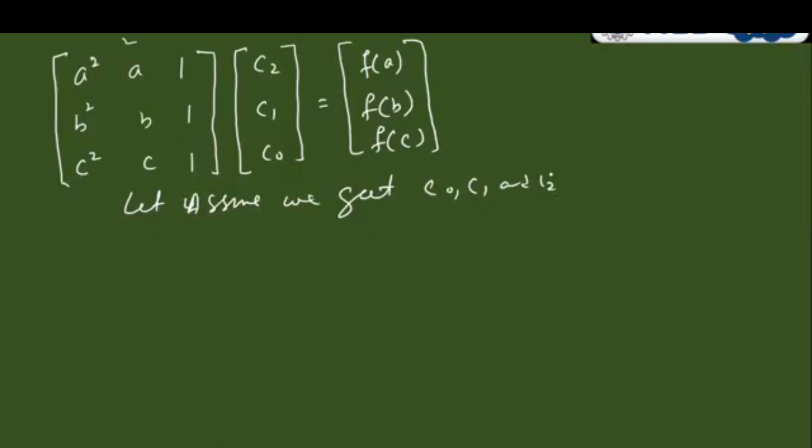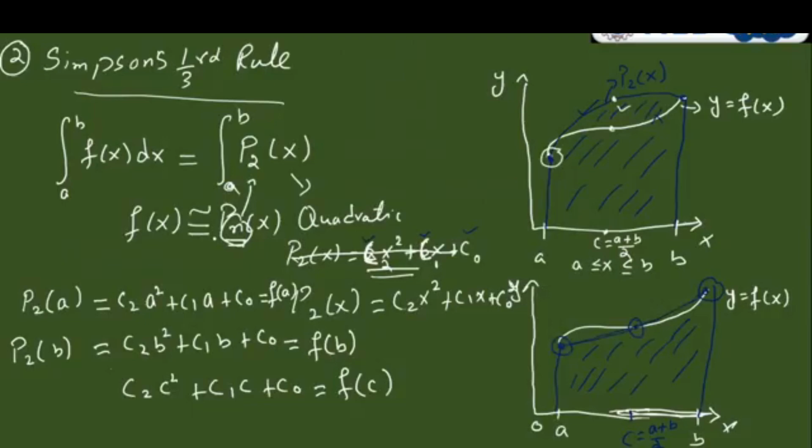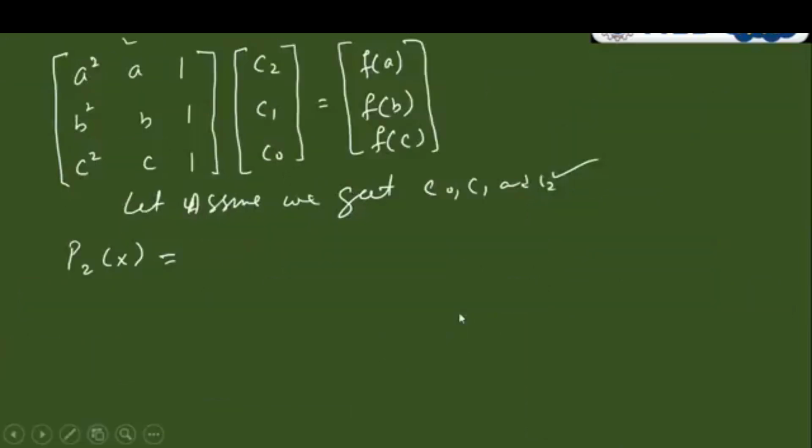So let's say C0, C1, and C2 are known to us. This is not unknown anymore. So when we know that, we can find the polynomial exactly that represents our integrand to a certain degree of 2. If C0, C1, C2 are unknown to me, then I will replace them here. So if I replace it, I will get